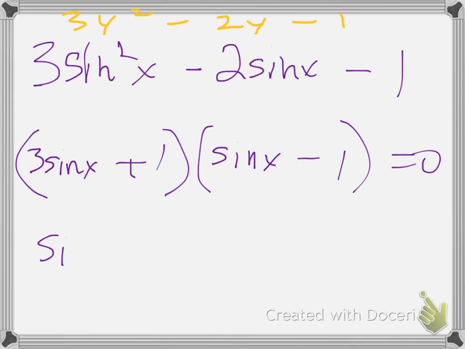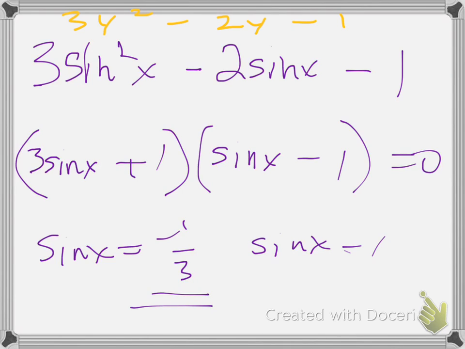And then the sine x would be negative 1/3, or sine x would be 1. Now this is not one of our special angles, but we could use the inverse sine to figure out what that angle is. Where's the sine of x equal to 1? That's pi over 2, 90 degrees. Okay, so you can see where this skill is going to carry us over into solving trig equations. All right, we'll use it for